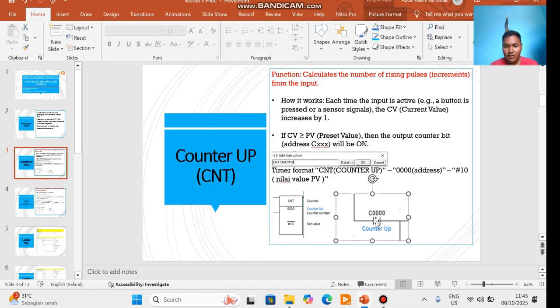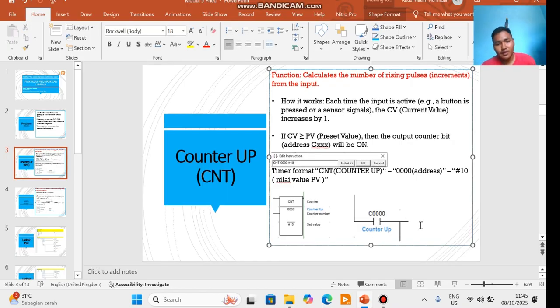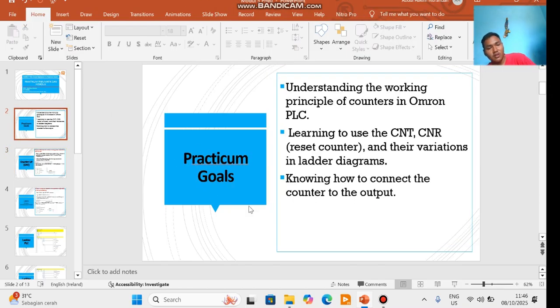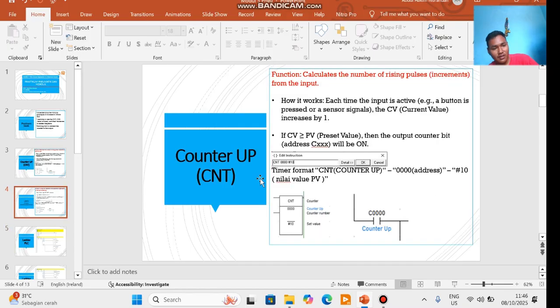And this is a picture of the ladder diagram for counter up, using a normally open function and the code or address C000.